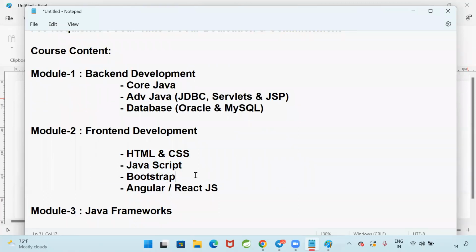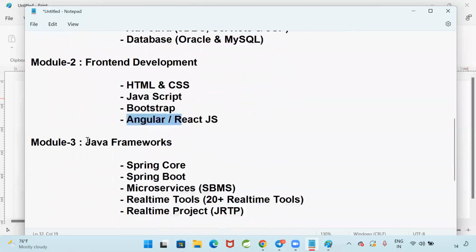There are 3-4 faculties available in our institute who will teach you front-end development. But Angular, I will teach. I am going to teach Angular as part of our Java framework. Actually, Angular is not a Java framework, but in the real-time project, I am going to teach Angular also. Only HTML, CSS, JavaScript, Bootstrap, you will learn from other trainers.